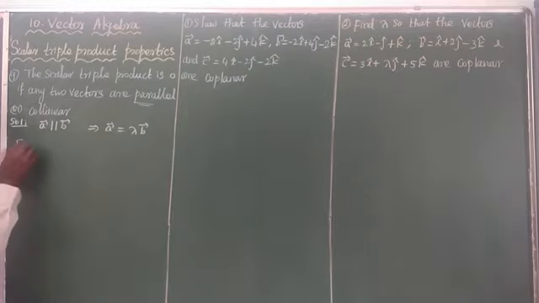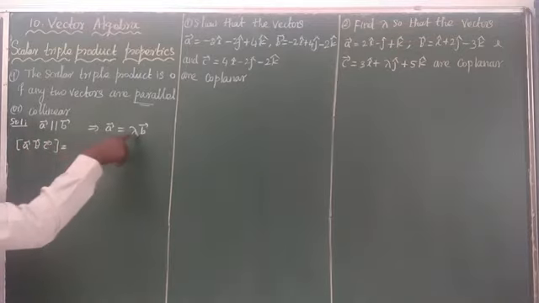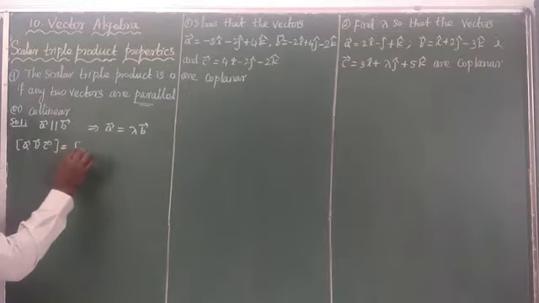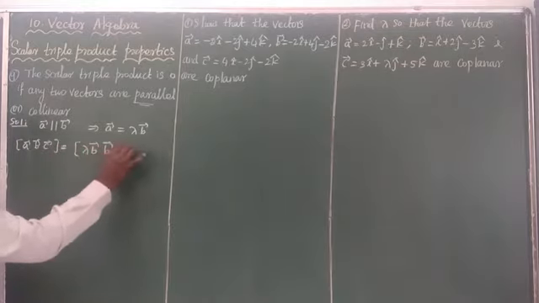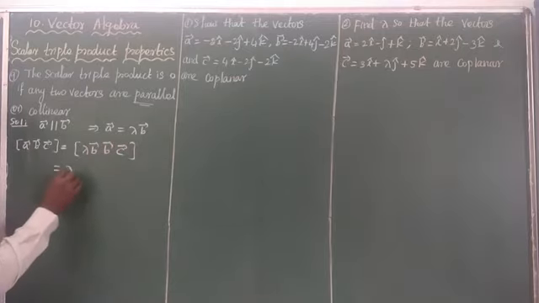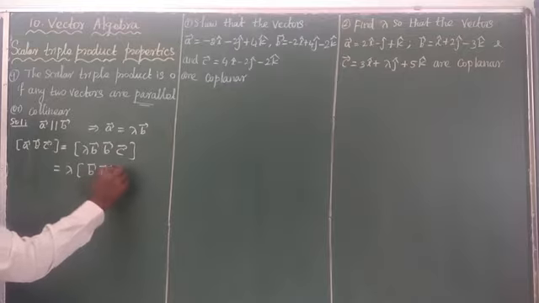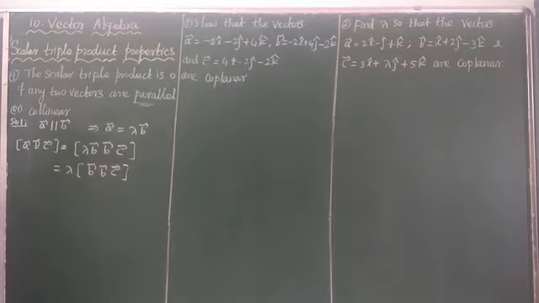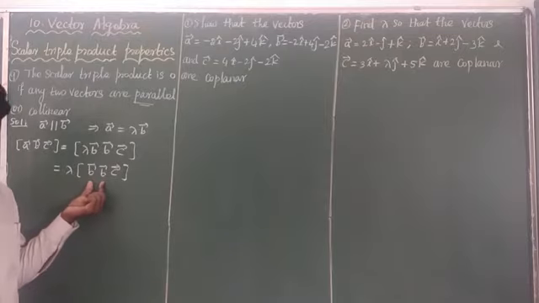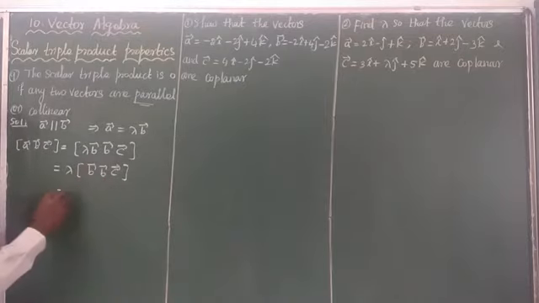So here the scalar triple product of A vector, B vector and C vector equals, here A vector is equal to what's the value? Lambda B vector. Okay, you substitute the value lambda B vector, again B vector, again C vector. Taking lambda scalar common, what is the meaning? B vector, C vector. So the property of scalar triple product: if any two vectors are the same, the value should be 0. Same way, this value is fully 0.